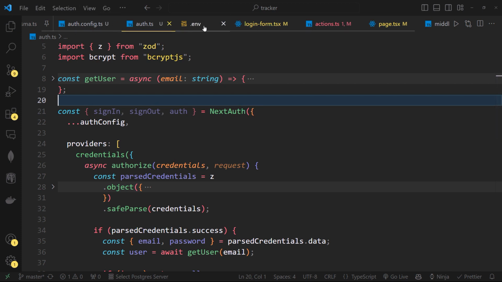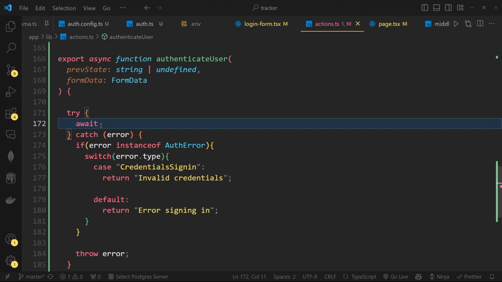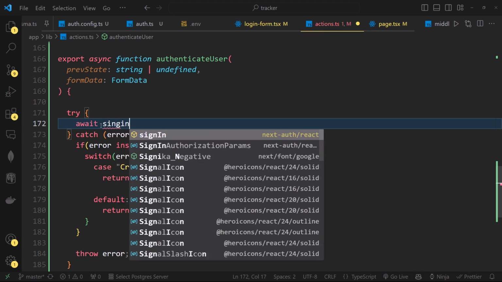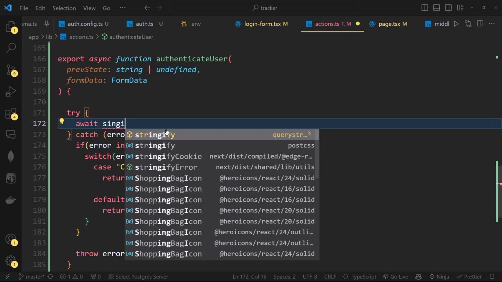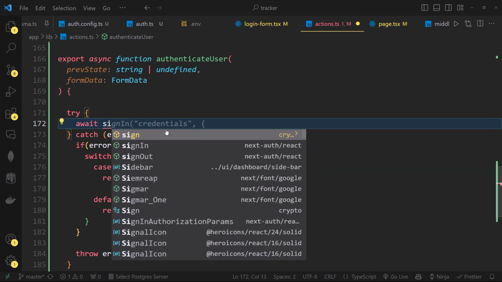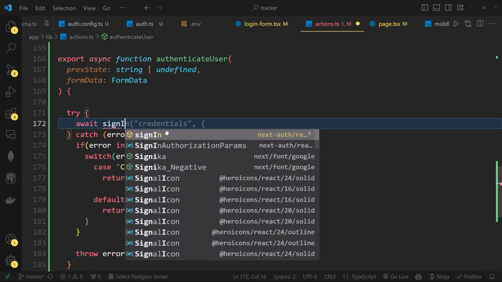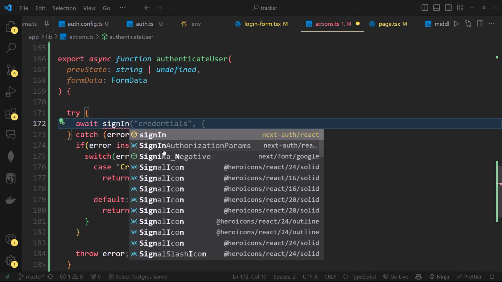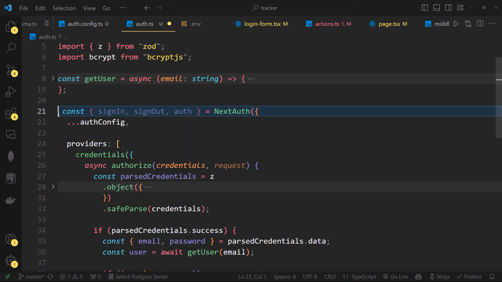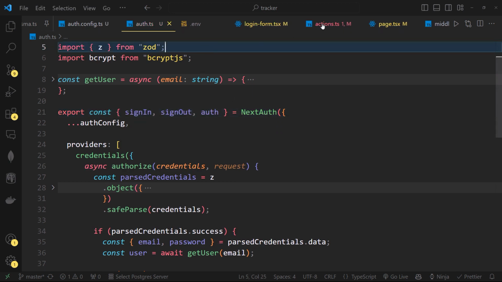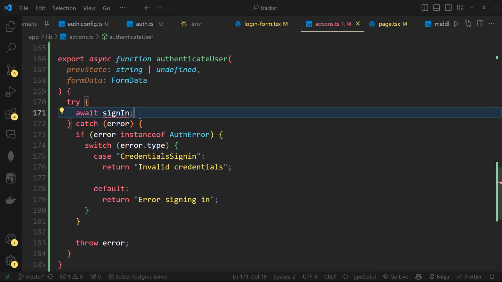Okay, now let's go back to our actions here. We can now call the sign in here. We're not going to be taking it from next-auth. I don't know why it's not showing up here. So sign in, let's see, am I even exporting it? Okay, we are not exporting. We need to export it here. We need to export all of this. I'm sorry for that, guys. So here